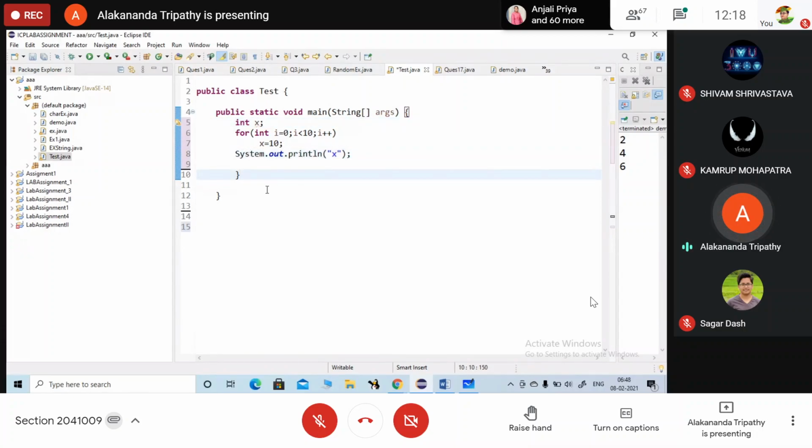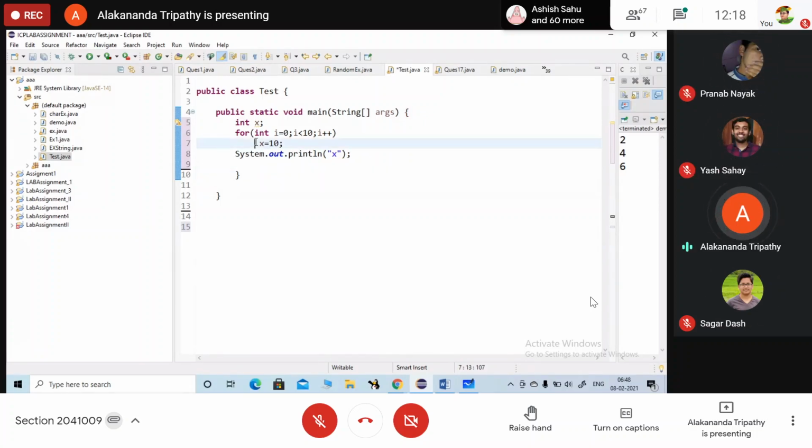Is it showing any error if I write in this way? No, it is not showing any error. But if I declare the variable here, what is happening? It is showing error.